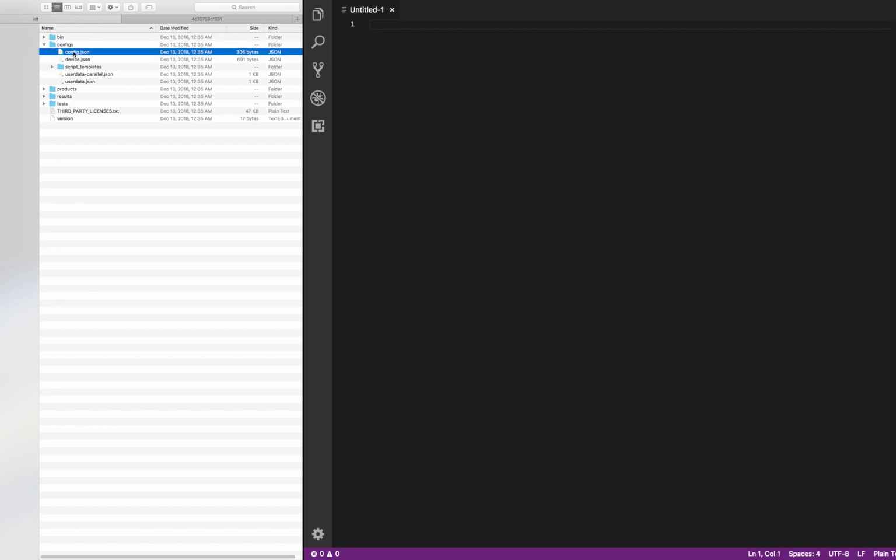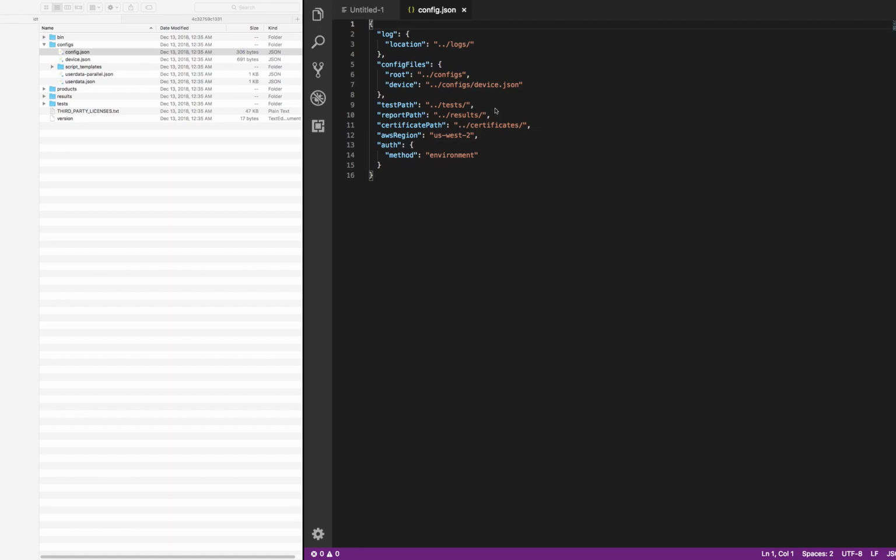The very first thing that you want to change is config.json. The only thing that you need to change here is the authentication method for your AWS account. So you have to modify your AWS region to anything that you want. For me, US West 2 is okay. And